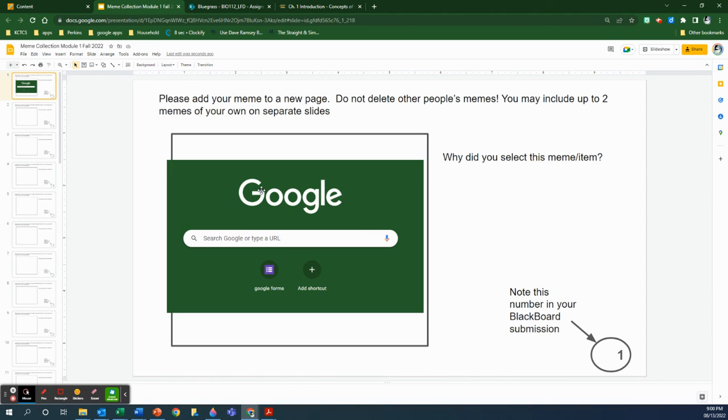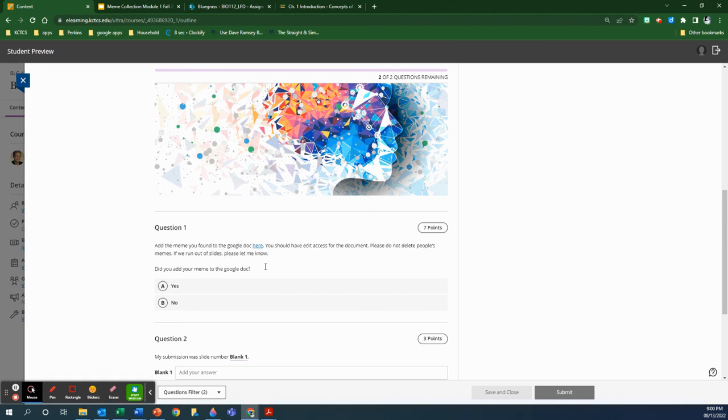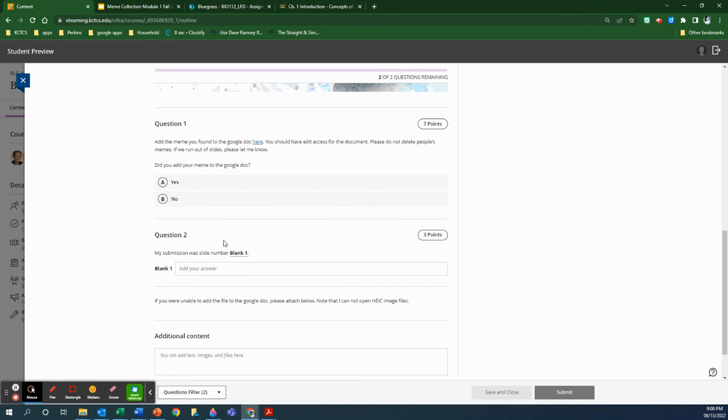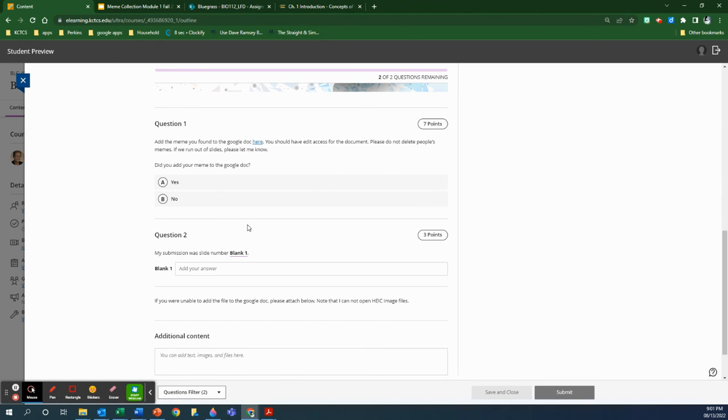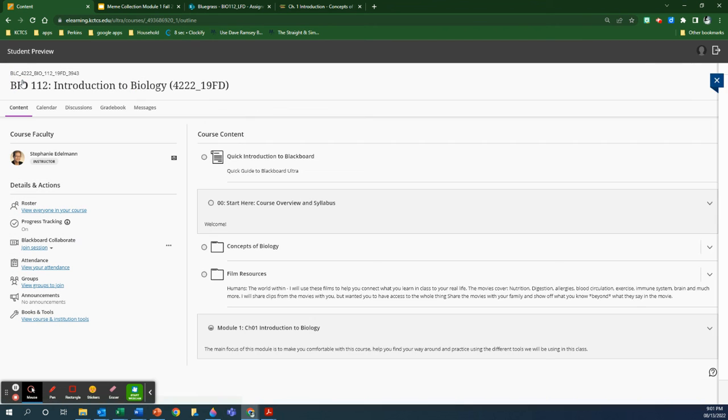So once you're done putting yours in there, what I want you to do is submit and say, yes, I added it, and my submission was slide number X, whatever slide number it was. And the slide number is listed down here. This is how you know which slide number you have. We may look at all of those as a group later on. I don't know yet. For right now, I just want to see how you feel. And that's it, I believe, for